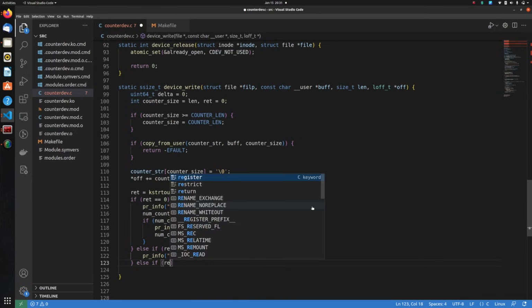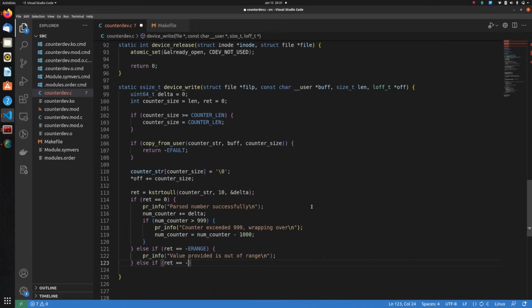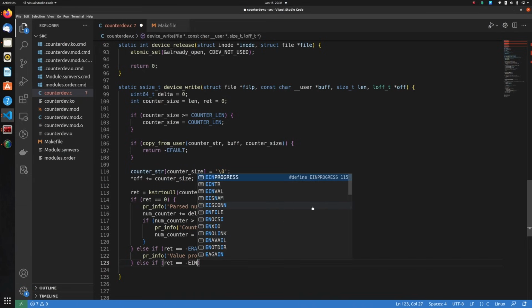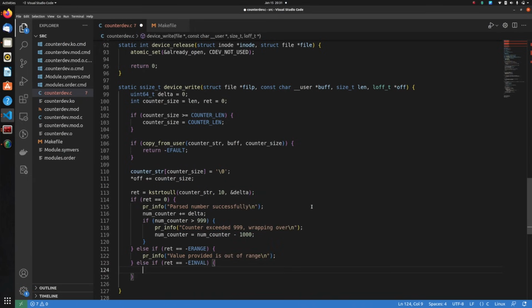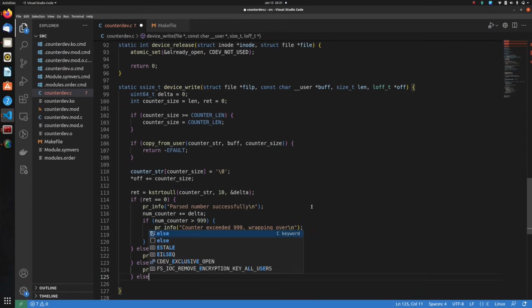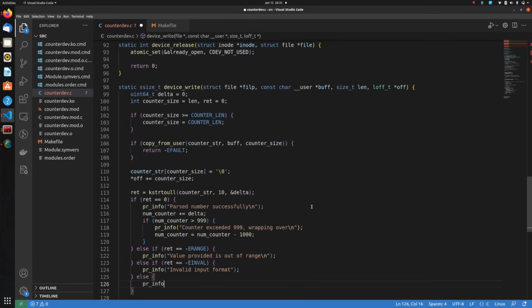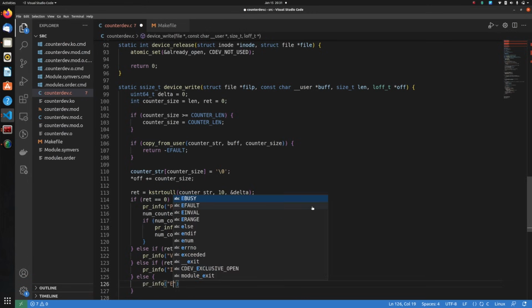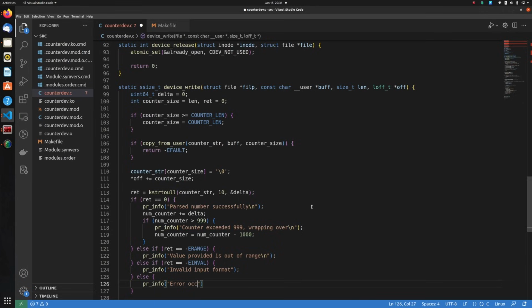Else if ret equal to minus EINVAL, that is an invalid number is provided, we will simply log saying that invalid input format, and otherwise a catch all which will say error occurred during conversion,